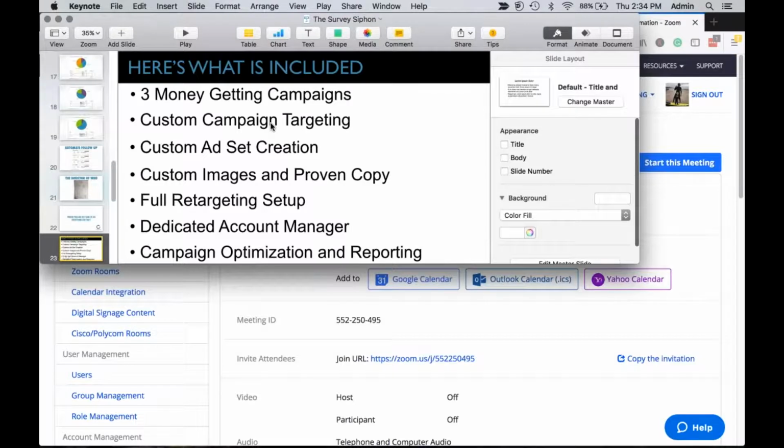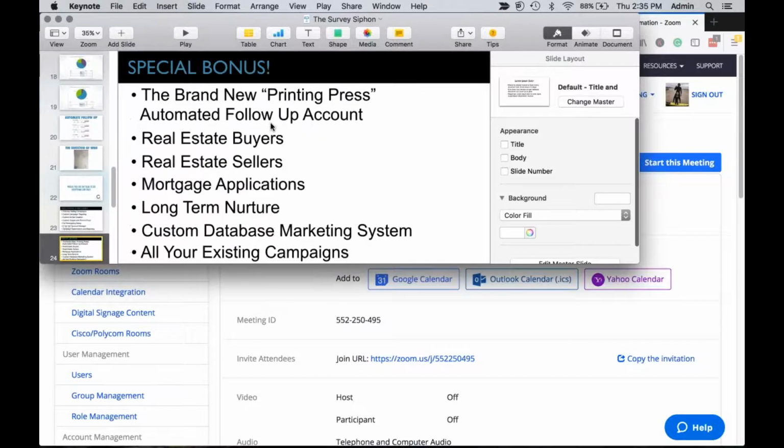We write all the ads, we do all the images, we write all the copy. We do all the retargeting, we do your split testing, we do the ad set strategies for you to bring down your cost per lead, but also increase the quality of leads that are coming through. You get a dedicated account manager, and then we report back to you every month on exactly what's happening. It also includes your Agent Legend LO account.